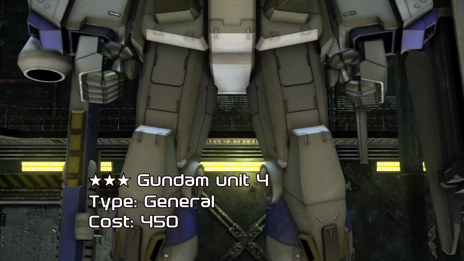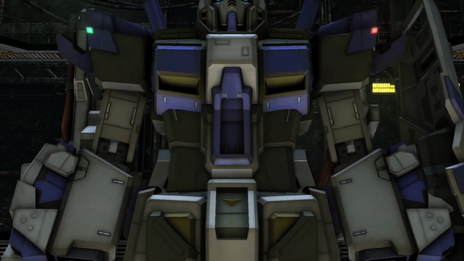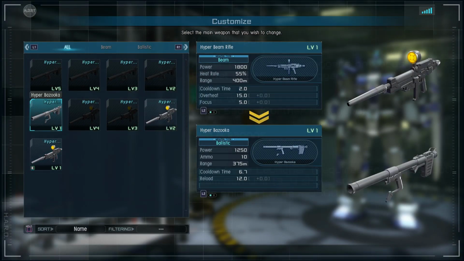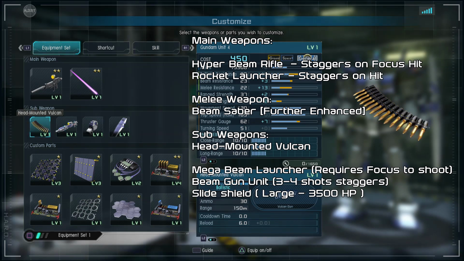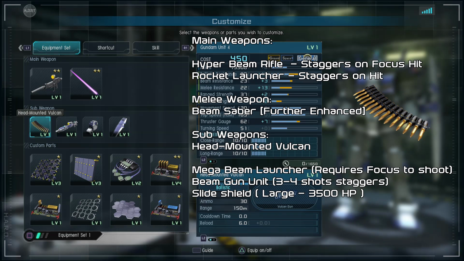Today we have Gundam Unit 4, a general suit starting at 450. Starting with the kit, we have the main weapon being the Hyper Beam Rifle, which can be swapped out for the Hyper Bazooka. You have your Beam Saber, further enhanced, as your melee. As far as your sub-weapons go, you have your general head-mounted Vulcan, always good to target human